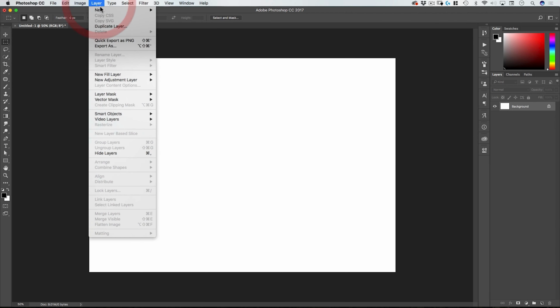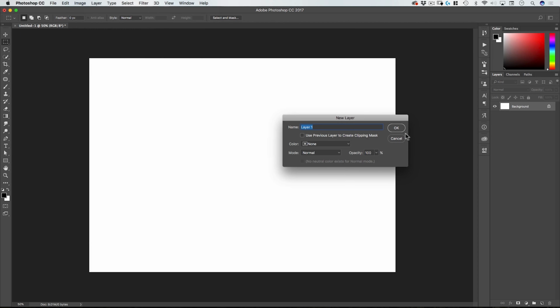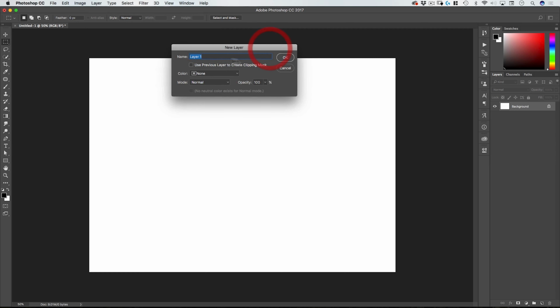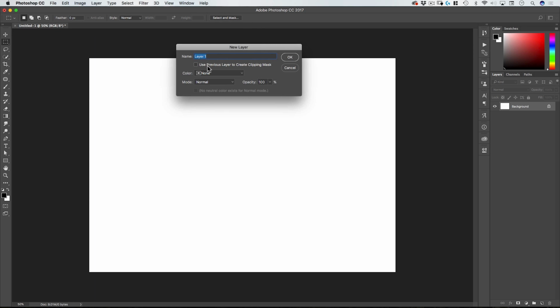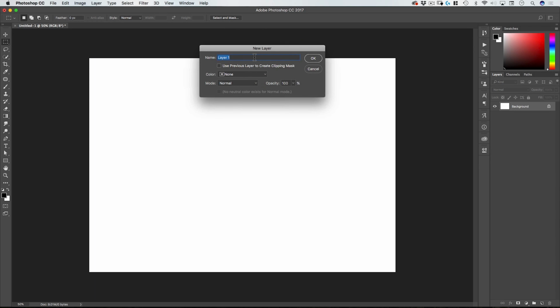You can also go to Layer, New Layer. That'll create a new layer. And that'll give you a few options like naming the layer, clipping it to the previous layer, which we'll discuss in another lesson. You can color label the layer.